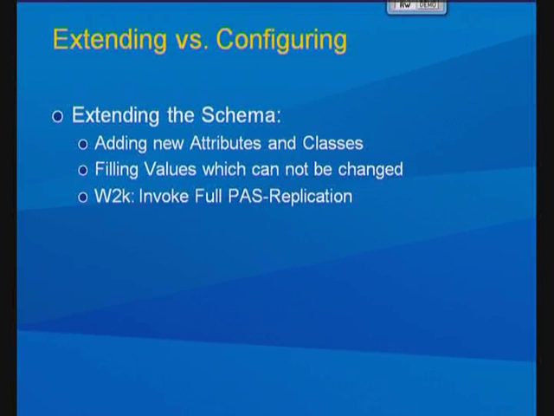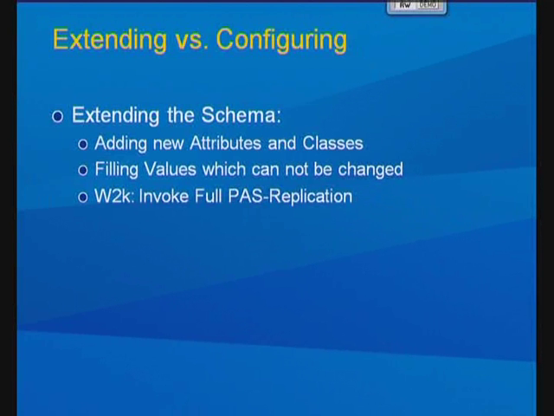And also extending the schema if it has an effect on the global catalog. So if I'm touching the partial attribute set configuration in Windows 2000, we are getting a full replication of everything in the schema. So that's kind of dangerous, and that's where the customer fears, especially back in the Windows 2000 timeframe, are coming